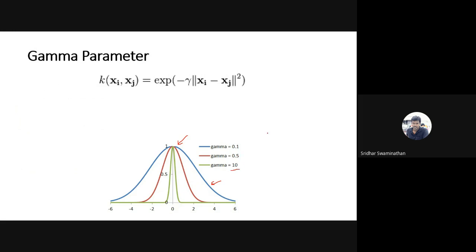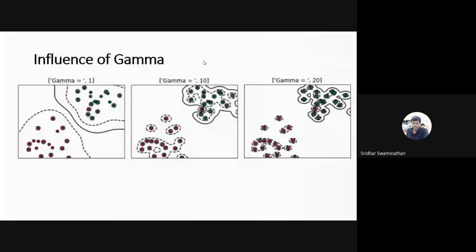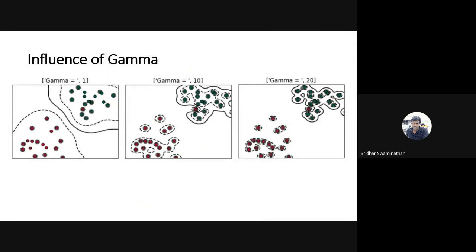If you want to maybe reach a lot of samples which are very far away, then you can set a gamma value which is 0.01, something like that. So the gamma parameter is a kind of hyperparameter which you can tune. Okay, so if the gamma is a small number, you will be reaching larger places. If your gamma is a large number, then you are narrowing it down. If your gamma becomes too large, then everything becomes narrow. This is the influence of the gamma with respect to samples. Okay,